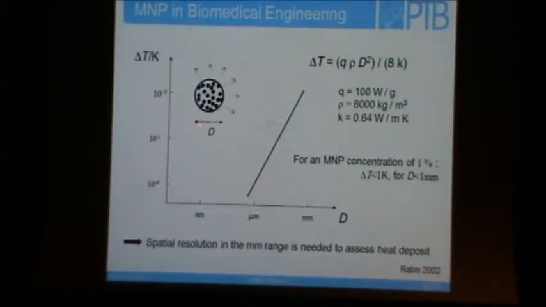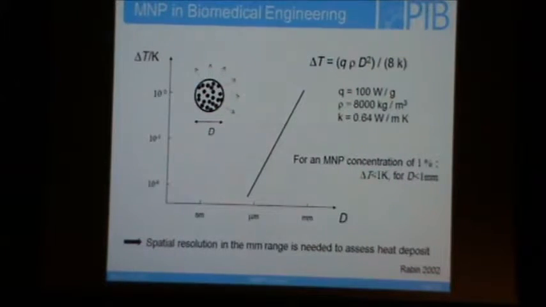One thing that is very important here is to control the heat up of the tissue. And this means there was a consideration a couple of years ago by Rabin, which says that we need certain concentrations of, say, 1% in order to reach a reasonable temperature increase by at least 1 Kelvin. The main point is here that the diameter of this concentration has to be in the size of 1 millimeter or larger. If these accumulations are smaller, then all the downloaded heat radiates away, does not significantly heat up the